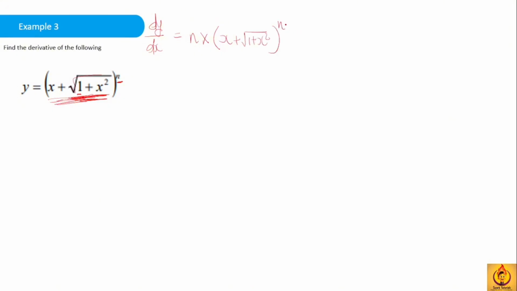To the power n, we minus 1 from that n. We multiply it again, but now we're multiplying it with the derivative of what's inside. So we're going to use the sum rule. According to the sum rule, the derivative of the first term, which is x, will be 1 plus. This one is the same as x squared to the power 1 over 2. It's the same thing, right? So the derivative of this would be 1 over 2 multiplied by